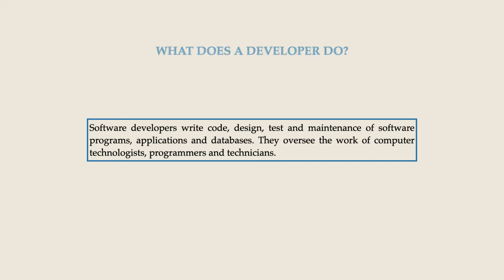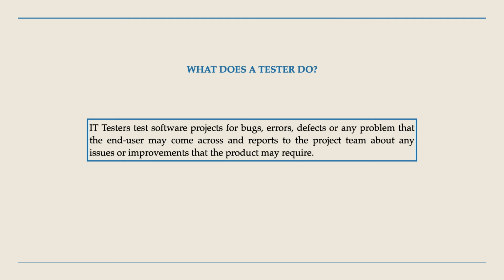On the other side, when they build it, there are other professionals working with them. They are called testers, IT QA testers. They test software projects to find bugs, errors, defects, or any problem that the end user may come across, and report to the project team about any issues or improvements that the product may require. They make sure the software delivered is bug free, defect free, issue free, and as per the expectation